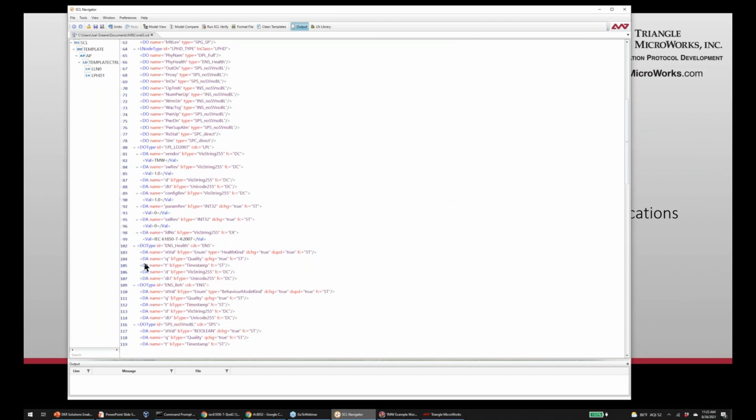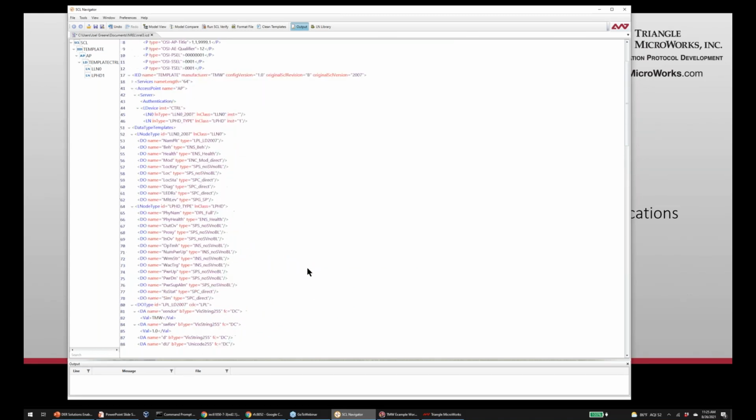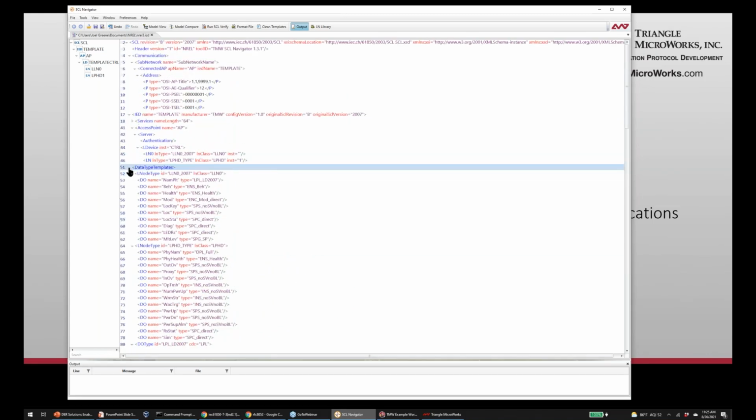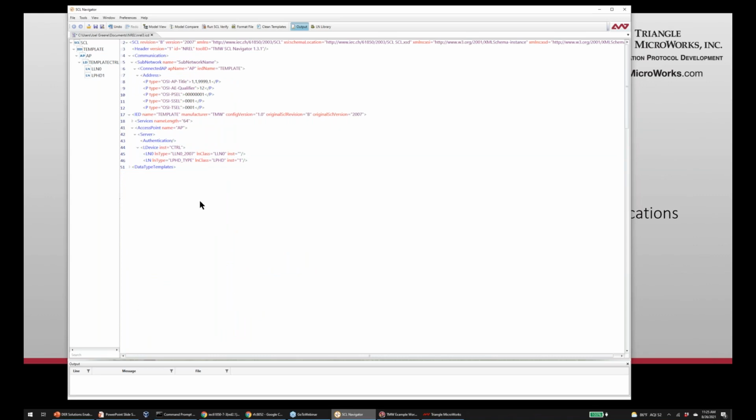Our data objects are constructed of data attributes, and those are constructed of basic types from part 7-2, our booleans and enums and so forth. So that's how all that's constructed. For the most part, Navigator relieves you of having to worry about data type templates, but it's important to know they're there. Sometimes you have to think about how to make the best use of them.